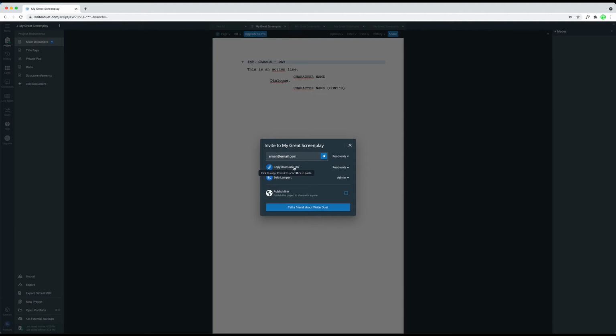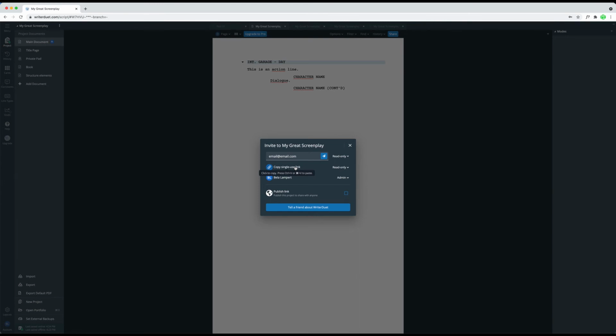And with the link, you see that it says create multi-use link. And that means that the person that receives the link can use that link anytime they want to access this document. If you don't want that, if you want the other person to only be able to access the document once, then you can go to the menu to the right where it says read only. And when you click that and go down a bit, there you see the option multi-use checked. If you uncheck that, you can create a single-use link.